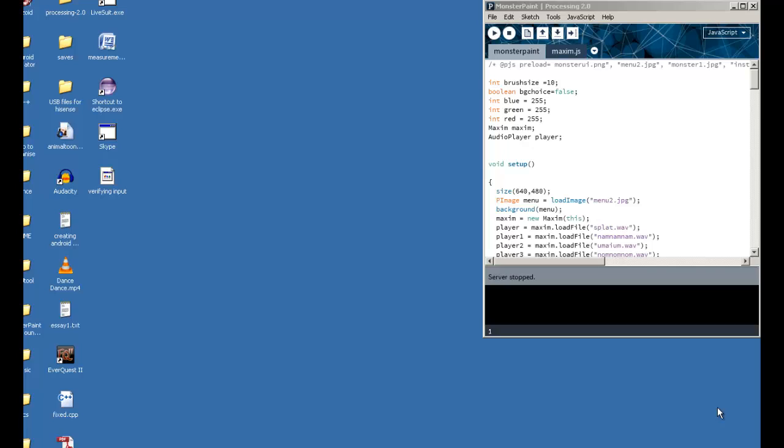I'm gonna run the JavaScript version on here, and I'm gonna include the desktop version and the Android version in my project as well, so you can download whichever version you want and just play around with it, test it, have fun with it. Okay, so